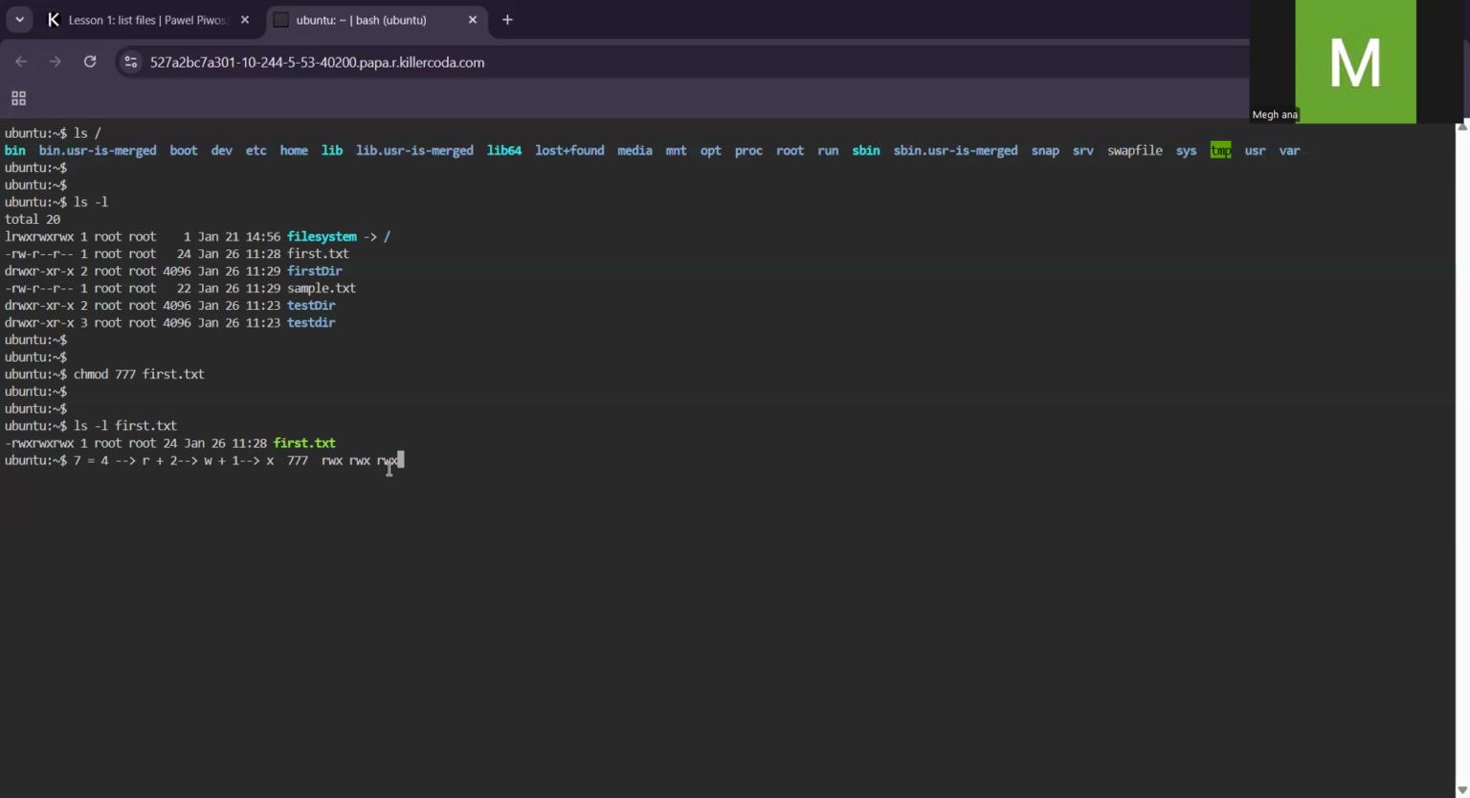Okay, so let's try to change the permission of sample.txt. For example, chmod 746 sample.txt. Okay, ls -l sample.txt. Okay, so sample.txt, what was before read and write for user, now is read and write and execute, because